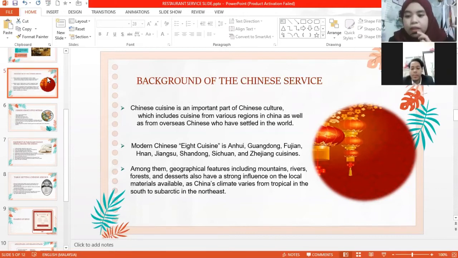Color, smell, and taste are three traditional aspects used to describe Chinese food, along with the meaning, appearance, and nutrition of the food. Cooking should be evaluated with respect to ingredients used, knife work, cooking time, and seasoning. So, for my last point, among them are geographical features